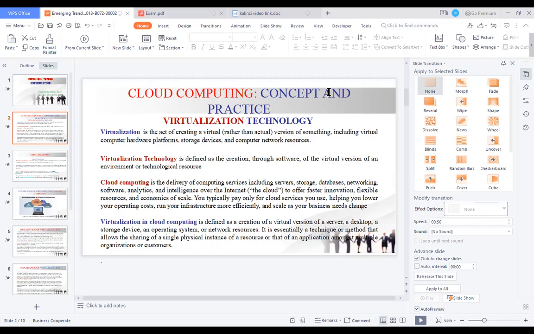and here is the definition of virtualization, which is defined as the act of creating a virtual rather than actual version of something, including virtual computer hardware, platform, storage devices, and computer network resources.